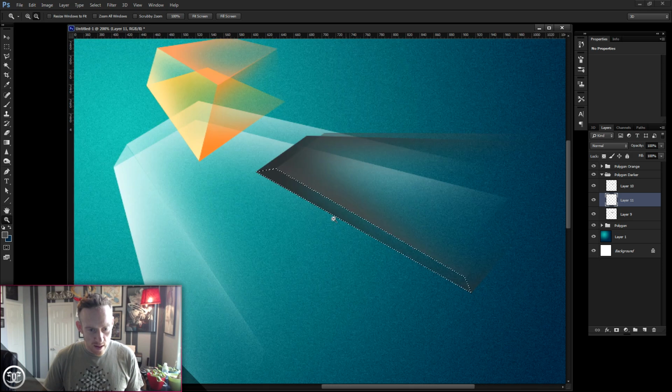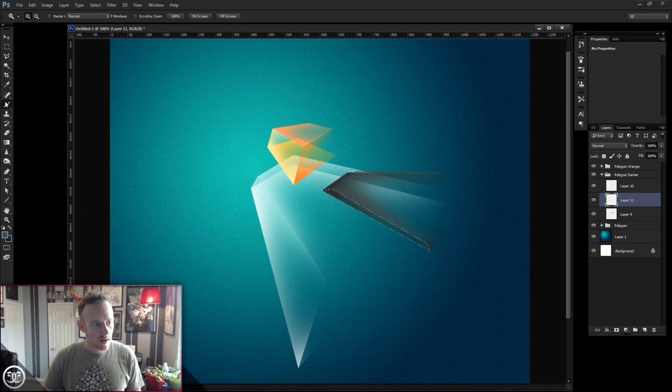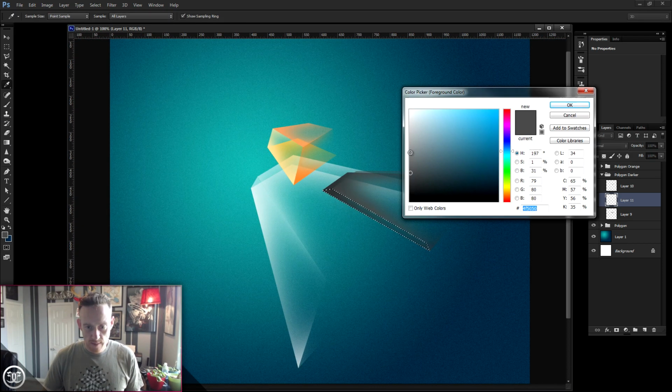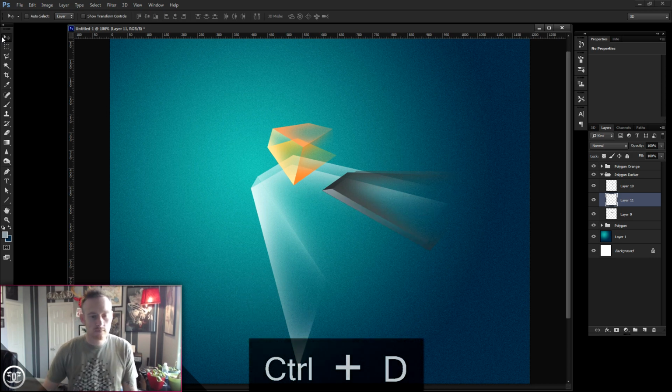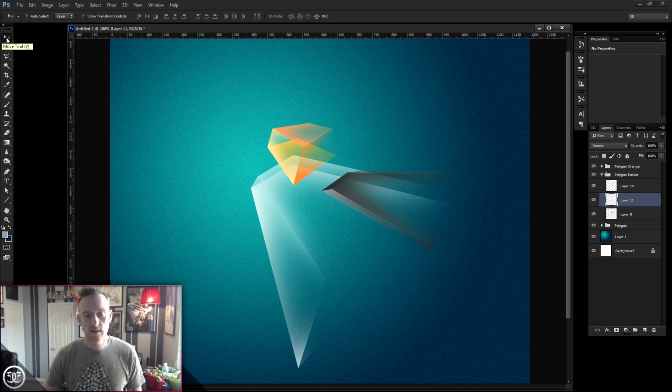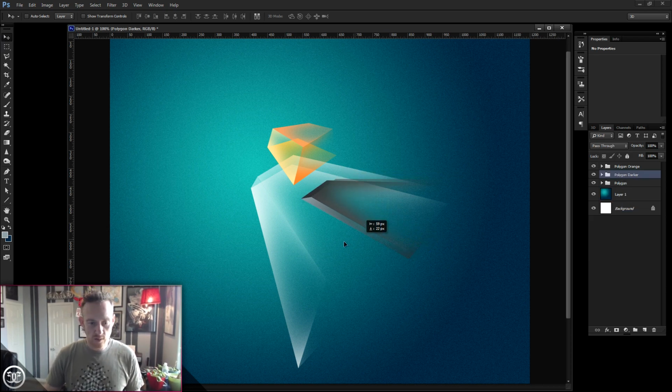I'm going to zoom out. I'm going to select a brighter color, I think. So this one, following along, it's 139, 155, 161. I'm going to really kind of brighten up that edge. Okay, so now I've got 3 groupings of polygons essentially, and then this is where you can start playing with